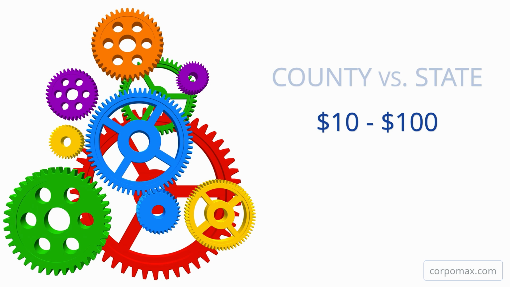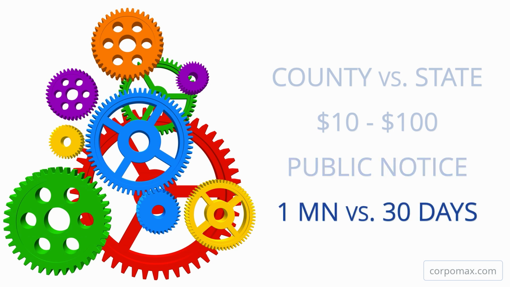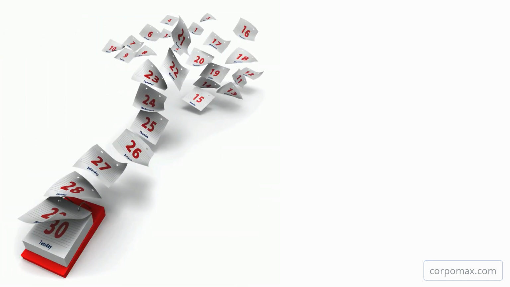In some cases, a state or county may require you to publish a notice in newspapers to notify third parties of the existence of the assumed name. Then, you will have to file an affidavit with the state confirming the publication. The time required to register an assumed name varies from a few minutes to 30 days, depending on the state or county. The duration of registration of the assumed name also varies by state and county.